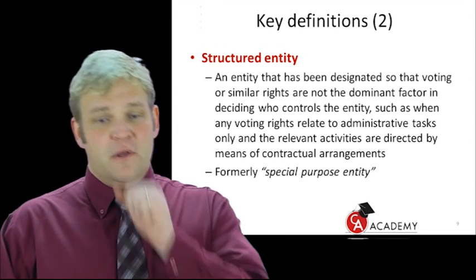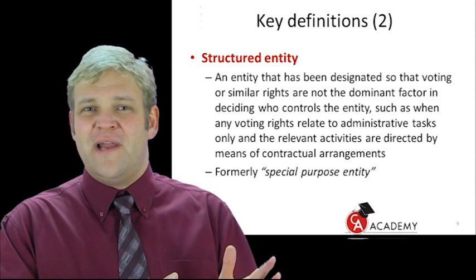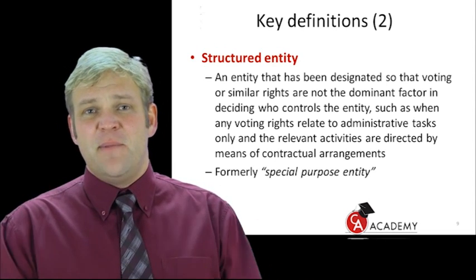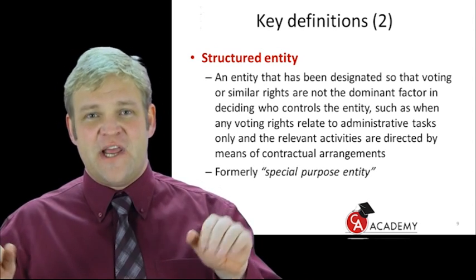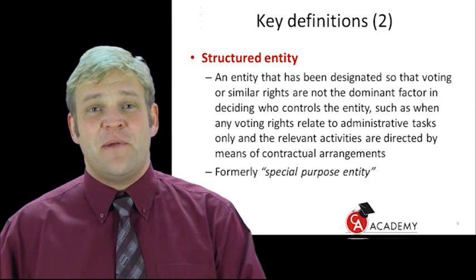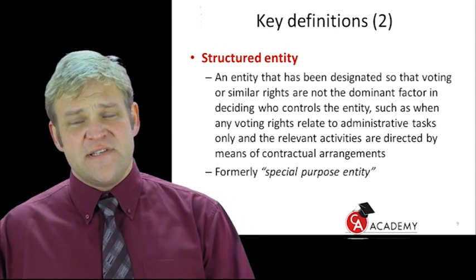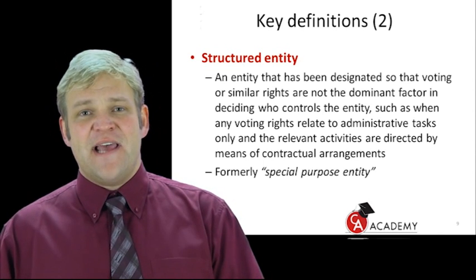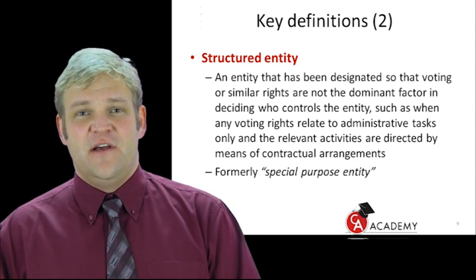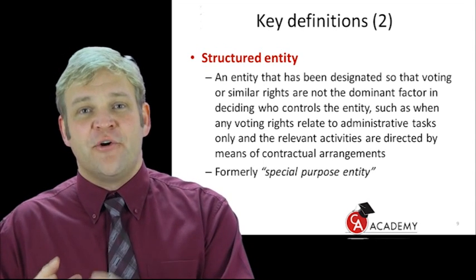Okay? So, sorry. That your voting rights will normally relate to the irrelevant activities, because what you will find on average, and I'm generalizing now because every structured entity can be set up in a different way, but what is normally a characteristic of a structured entity is that the relevant activities are determined by reference to a contractual agreement,